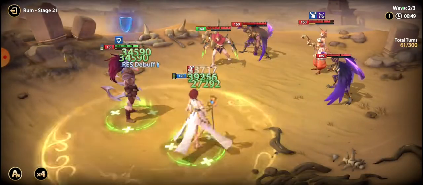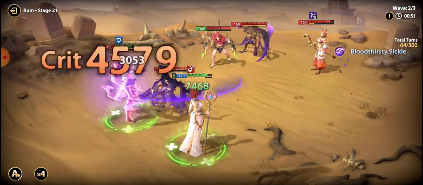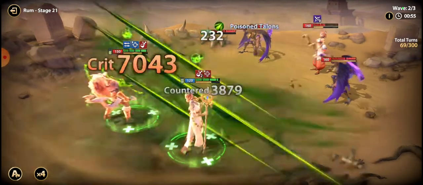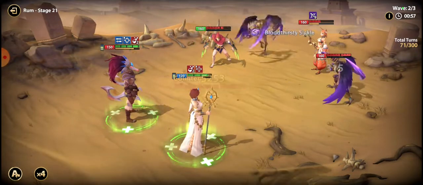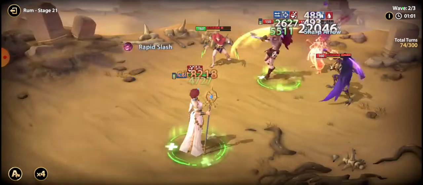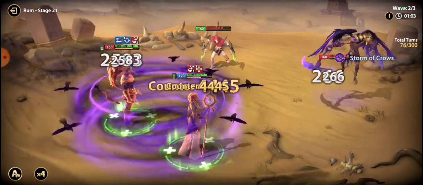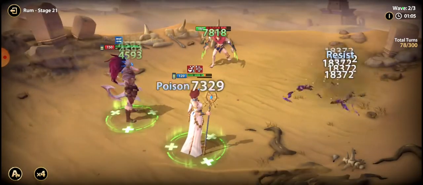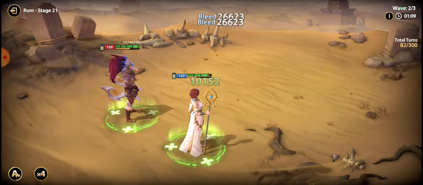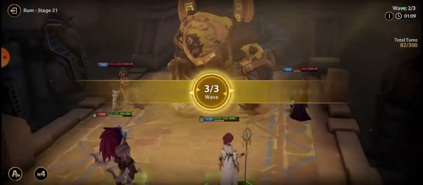Okay, so we're taking a bit more. We've got 2 Horus, and we do not have a revive, but we have counter attack. So as long as we can slap some people, Horus, they do a lot of damage. So just hoping they're built like glass bottles, and we're going to get some fun. Slap, right, okay. So Rum stage 21,